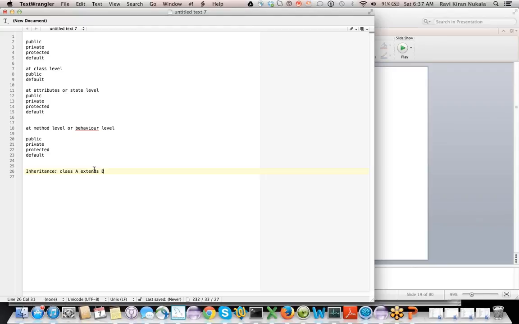But we want to control it; we don't want to expose everything to everyone. So to control it, we have these access specifiers ruling what can be shared and what cannot, what can be inherited and what need not be inherited.